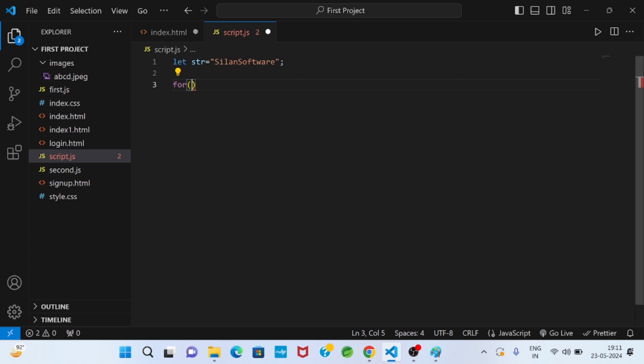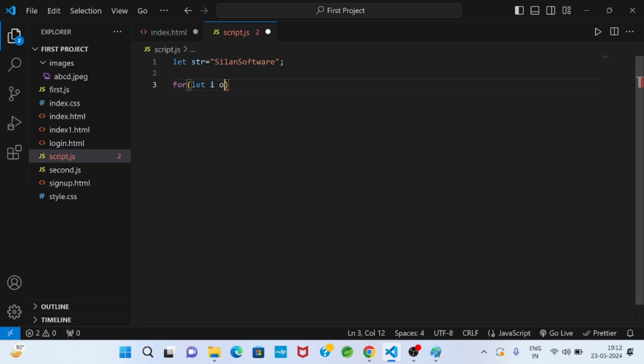So how? What is the general form? What is the syntax of the for of loop, or we can say, what is the flow control? Let a variable, suppose the variable name is val or i, whatever you write, there is no problem.